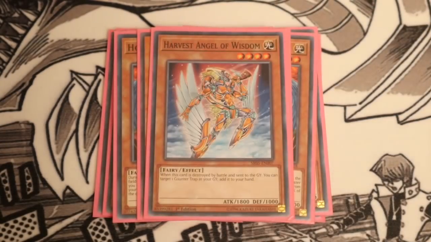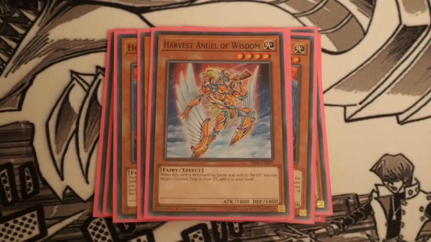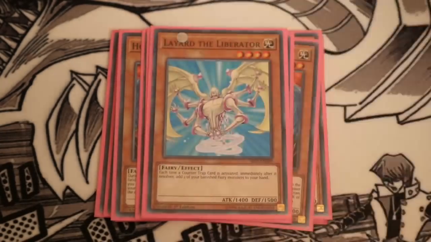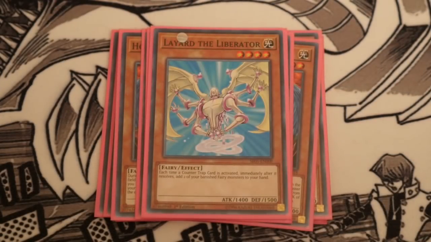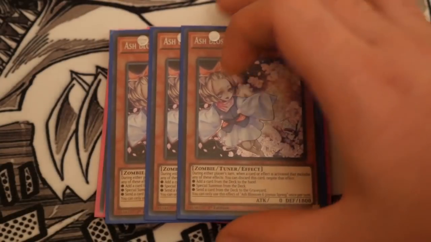The exact same reason we play Harvest Angel of Wisdom at 1 is when it's destroyed by battle, you get to add a counter trap from your graveyard, so it lets you recycle your graveyard, and with an 1800 attack, it's quite useful. Layard lets you recycle your banished monsters, which you will be doing to get into your new boss monster, Parshaf. And then, of course, to make it as powerful as we can, we've got triple Ash Blossom and double